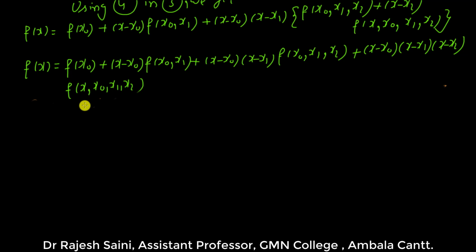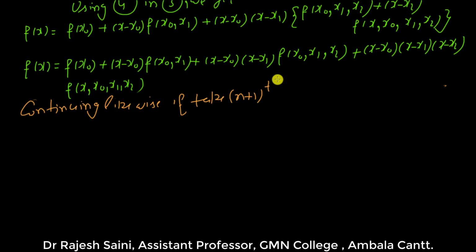So if we continue likewise and take the n plus 1th order divided difference and put that value in its preceding obtained equation, then we get